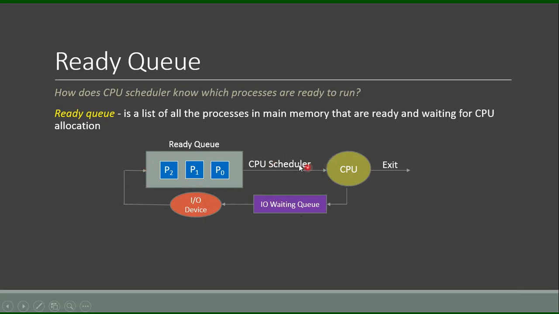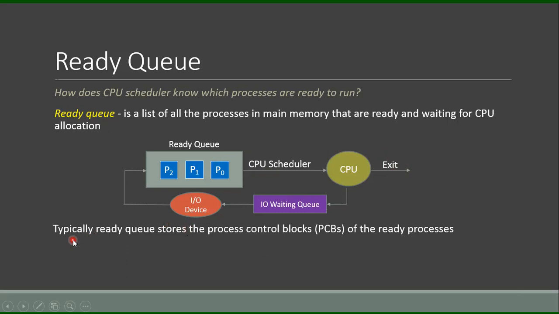So this process continues. The CPU scheduler will keep selecting processes from the ready queue and will allocate these processes to the CPU, where two things can happen to the process. Either the process can complete its execution or it can be blocked, making the CPU idle. Typically,